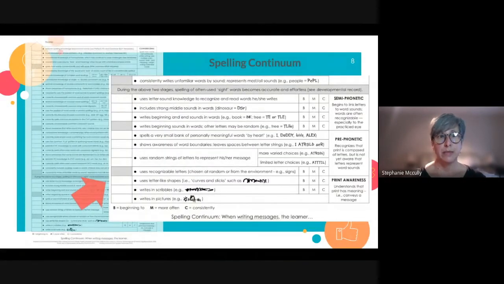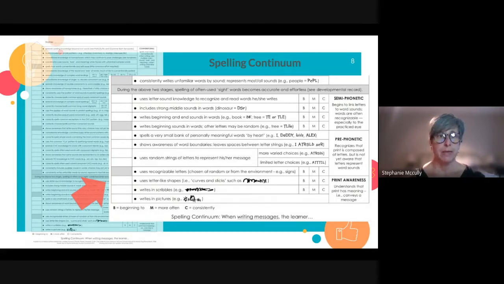This is the spelling continuum. And I've blown up the bottom section again to make it a little easier to see. But here are the things to keep in mind again. Like the 5 traits, it's read from bottom to top. It begins with the earliest stage of spelling, described in the bottom levels, related to print awareness and pre-phonetic spelling. And then the teacher would track upwards to the top of the continuum, where we see the more conventional stages